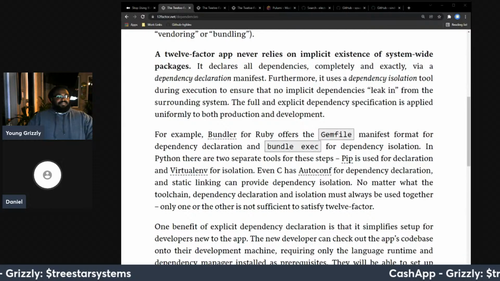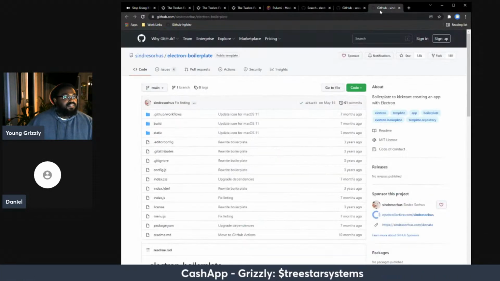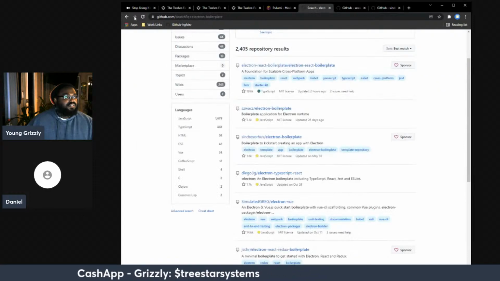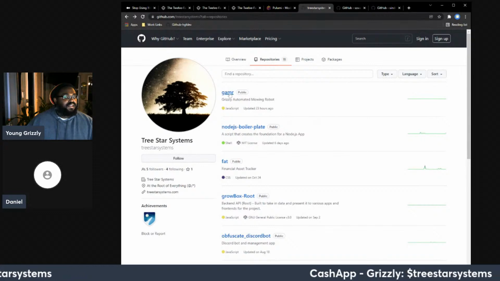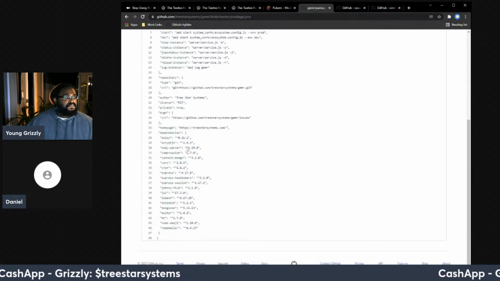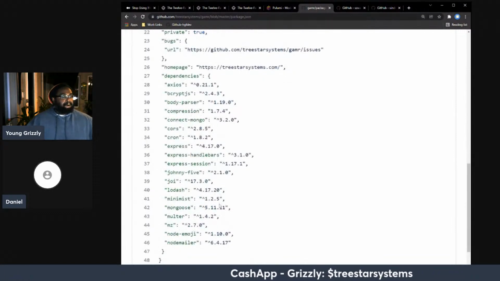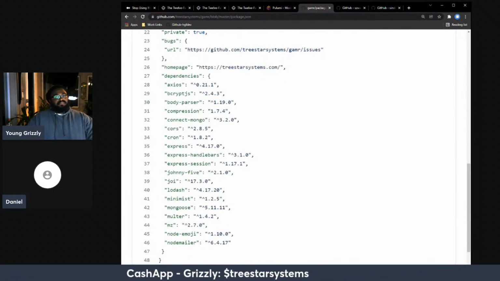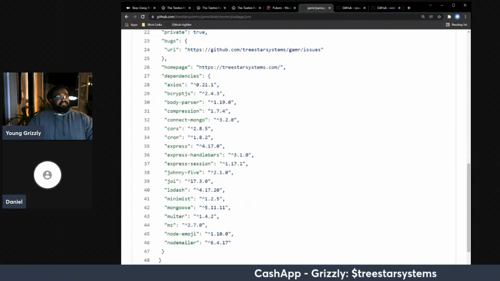Let me take that back a step. Let's take composer.lock. There are certain things you just don't want to change about the application, but you also don't want to be stuck in place with certain things. Let's say a developer is working locally, they want to update some of these packages. Let's take the cron package. You may want to update that to like 1.8.5. But that may break something in the system.